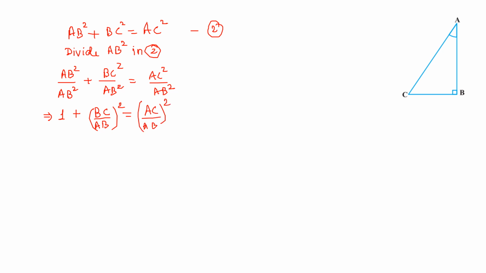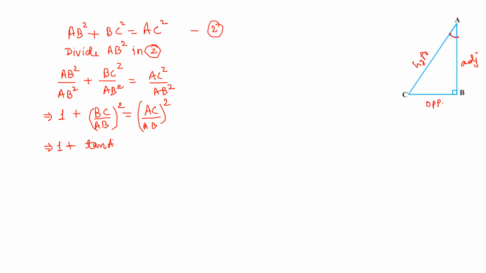Now with respect to this triangle, if I take an angle A, my BC will be the opposite side, AB is the adjacent side, and AC is the hypotenuse, isn't it? Now from here, if you see, 1 plus BC by AB. Now BC by AB is opposite by adjacent, and opposite by adjacent is tan A, right? So it will become tan A whole square,